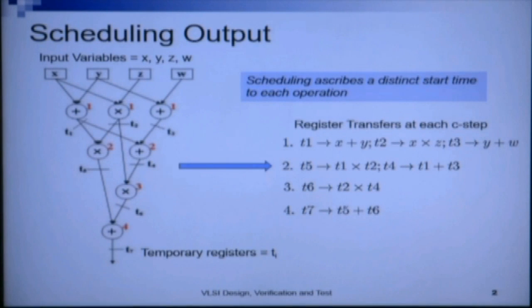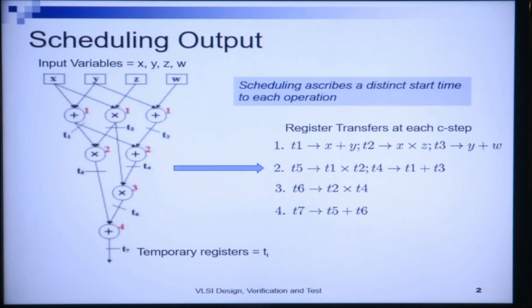So what do we have at the output of the scheduling step? At the output of the scheduling step, we have distinct time steps assigned for each operation. So we have a scheduled operation constraints graph. Here we have an arbitrary operation constraints graph. In this graph we can see that the operations plus